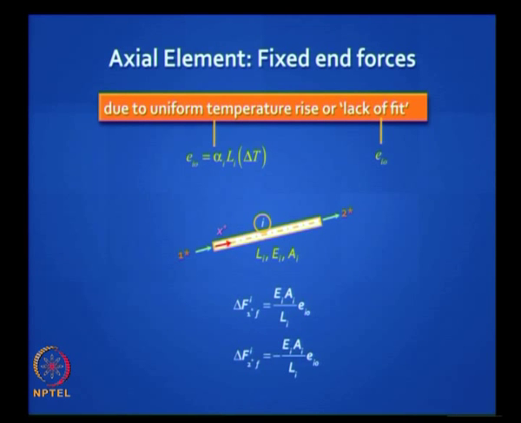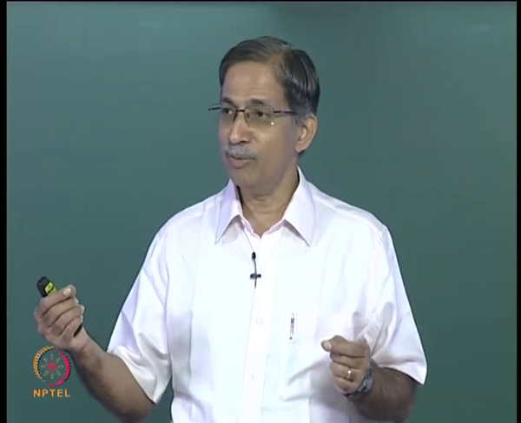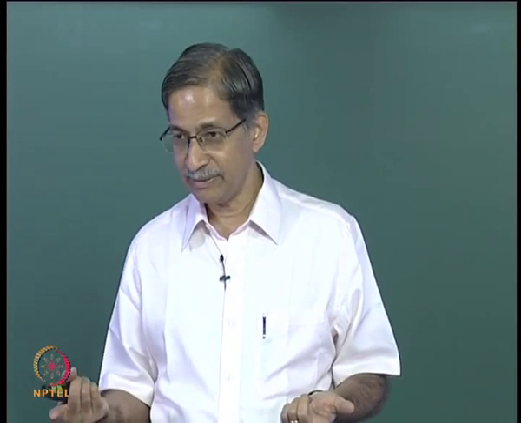Or you could get EI naught directly in a lack of fit problem. Let us say a bar is given to be too long by 5 mm, then EI naught will be plus 5 mm, is it clear? So here again in the primary structure, when you prevent all the movements, you will get an internal force, that will be a fixed end force, right. It is a constant force throughout the length of the member. What will it be? Axial stiffness times that. So I hope you are familiar with this.